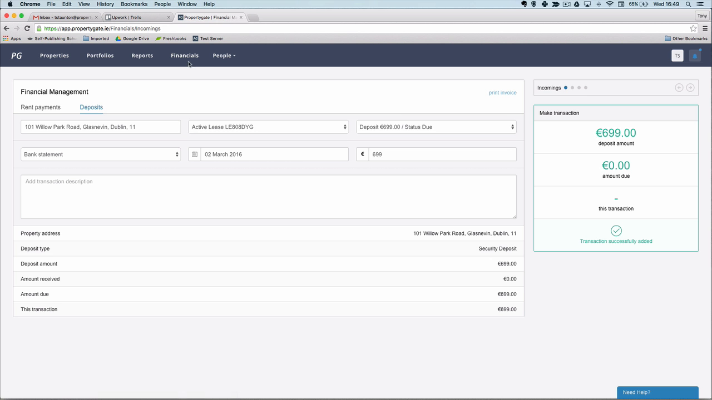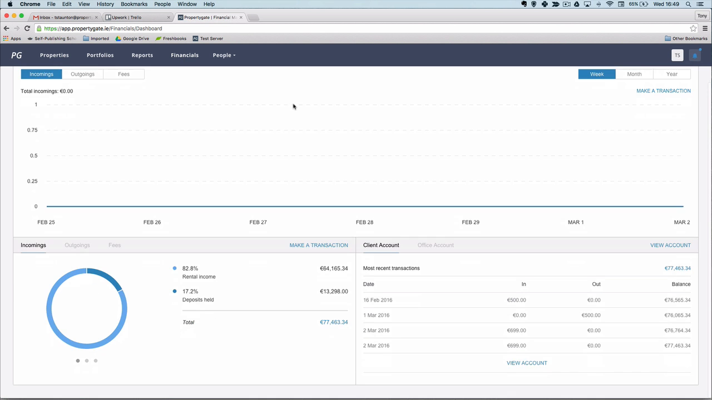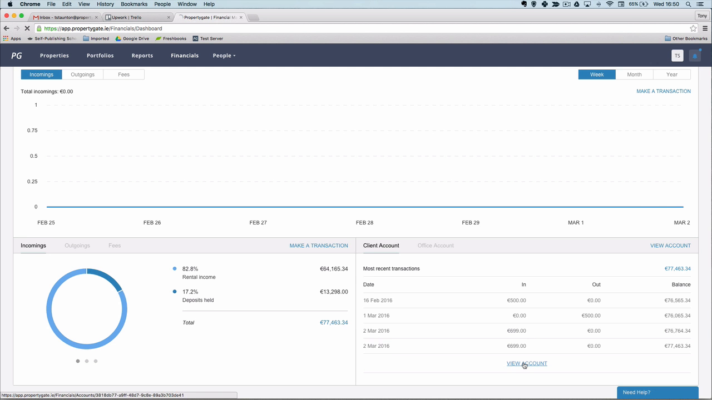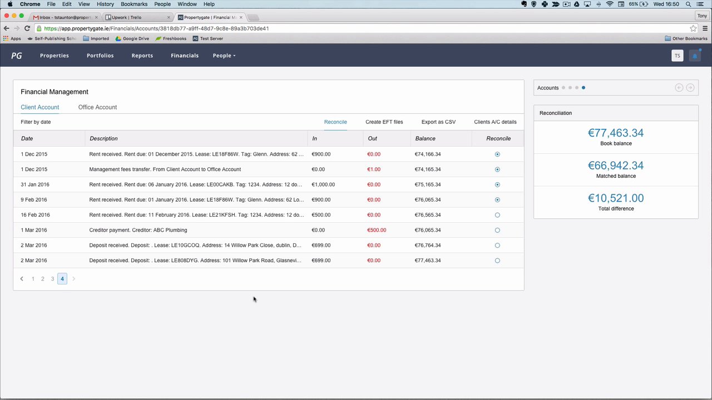So if we click back onto our financials page, you can see here in the bottom right hand side it's a summary of our client account. So you can see here 2nd of March, €699 just added to the system. This one here above it, it's just a practice one that I did before this video. So if I were to click into view account, you can see here 2nd of March 2016, deposit received for lease ending DYG,